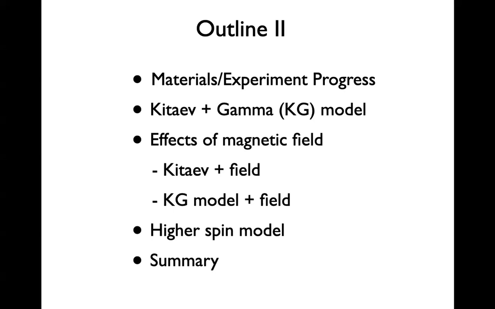If we have time left, then we'll talk about higher spin models. So up to this point, it'll be all about spin-1/2, basically a doublet. And then we'll talk about higher spins like spin-3/2 and so on. Then we had some talks from Radu yesterday about the cobaltate; the honeycomb cobaltate will be falling into this category, I believe. And then we'll summarize.